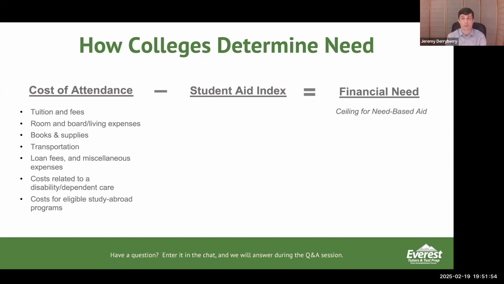I know there's a lot of people in this area who are losing their jobs right now from the federal government. If something like that has happened that would make your income change drastically year to year, or other situations have come up, it is important to call the financial aid office and advocate for yourself and your child, because a lot of times they will take that into consideration and adjust the letter. Not always, but it is definitely worth a call.